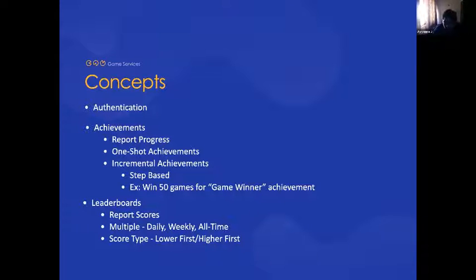whether the score that is reported will be considered lowest as first or highest as first. For example, within a racing game where time is a factor, time will be our score, and whoever achieves the lowest first will be termed as the first player. And when it comes to shooting, assume that number of kills is your score. Whoever achieves a higher kill count can be termed as the first player. So you have an option to set either lowest first or highest first within your leaderboards.